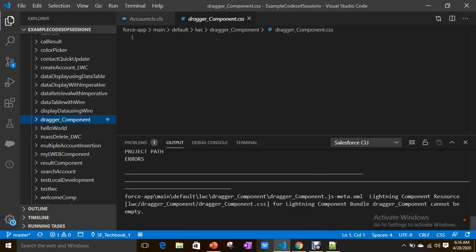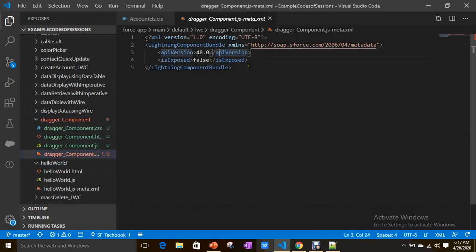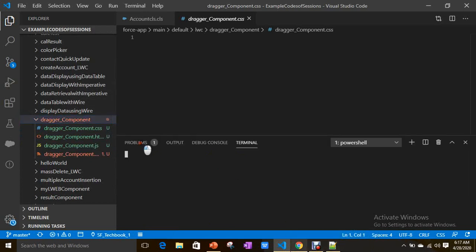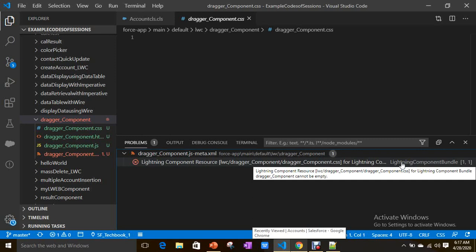There is an error. Let's see: Dragger component cannot be empty.